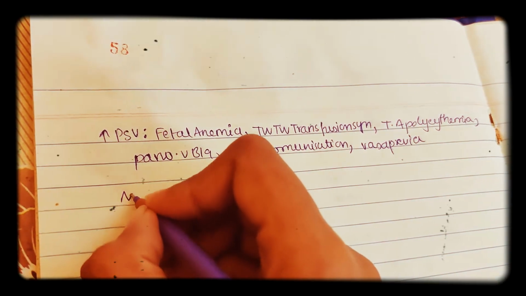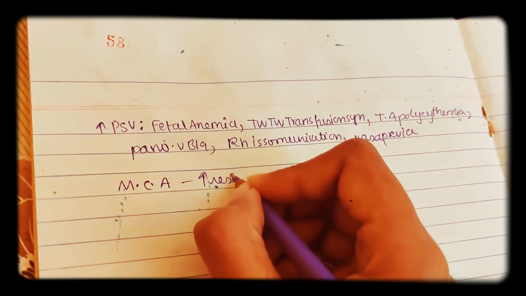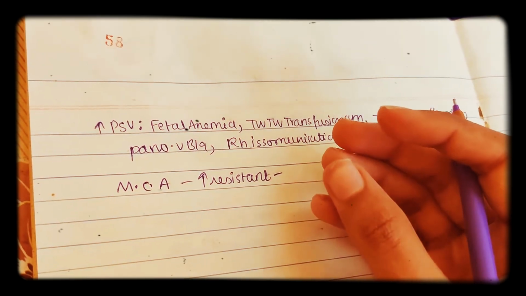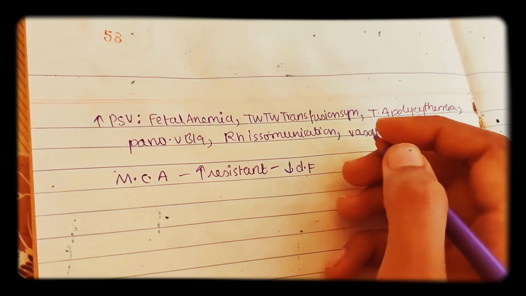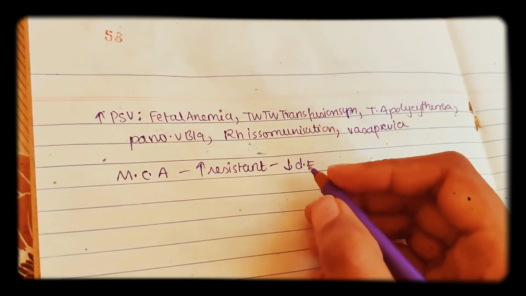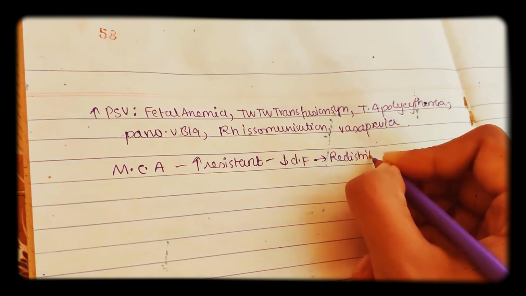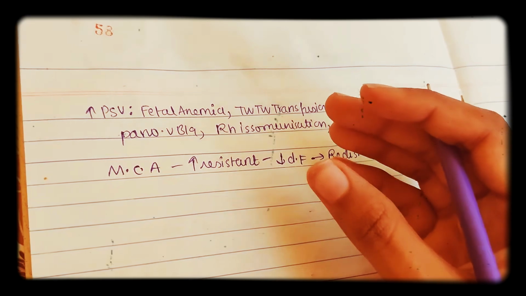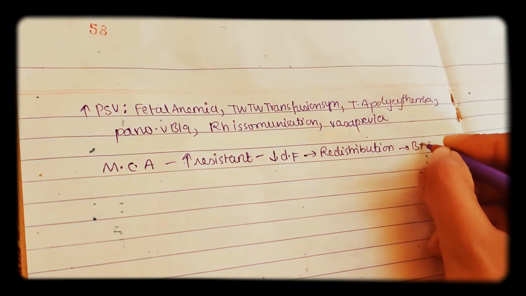So now coming to middle cerebral artery, it is normally a high resistant artery. You can understand when it is a high resistant artery, then low blood will come, right, with hardly any flow during diastole. So low diastolic flow will be there in the normal case. But in the case of hypoxia or intrauterine growth restriction, there is redistribution of blood. Why is there redistribution of blood? Because already there is intrauterine growth restriction and the fetus knows that the main organ to which it should supply is the brain. So all of the redistributed blood will reach the brain.